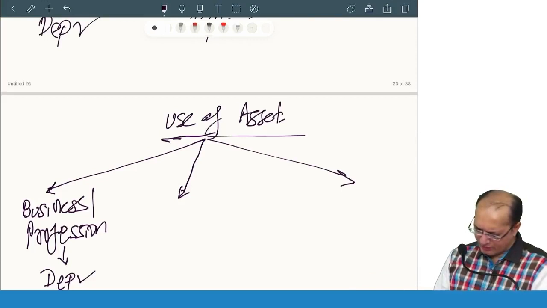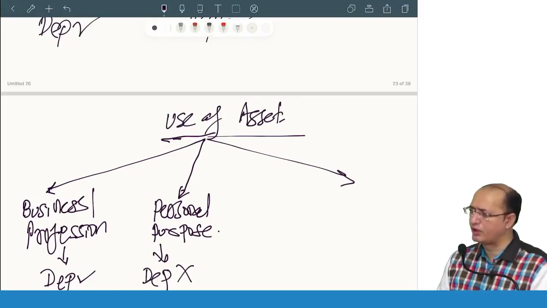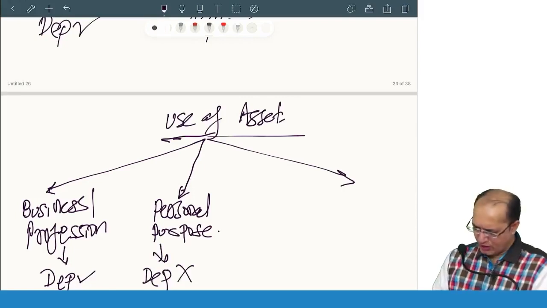Second possibility, asset is used for personal purpose. What will happen in that case? Depreciation reduction will not be allowed. Correct? Last possibility,